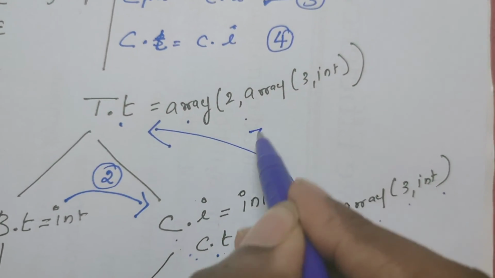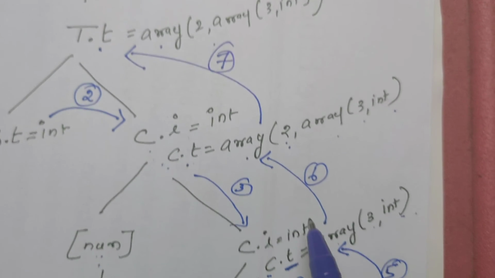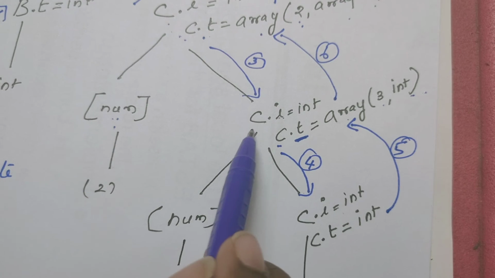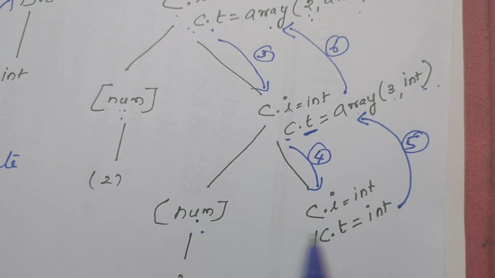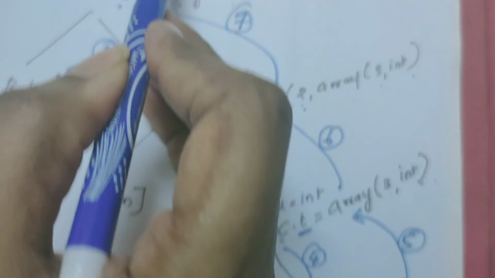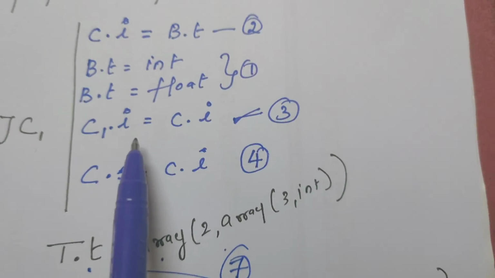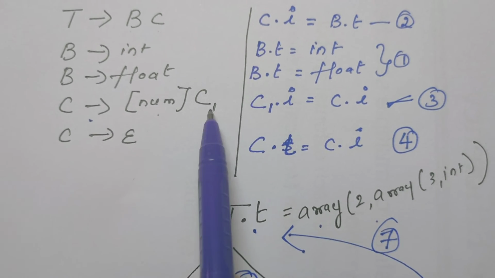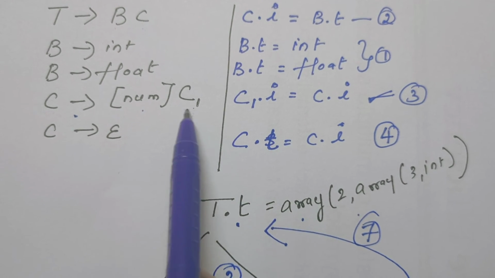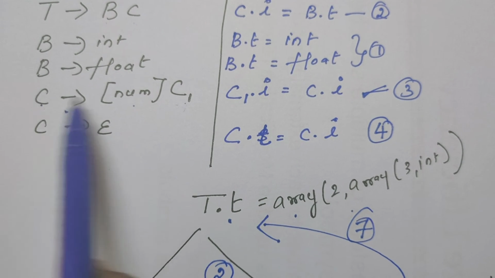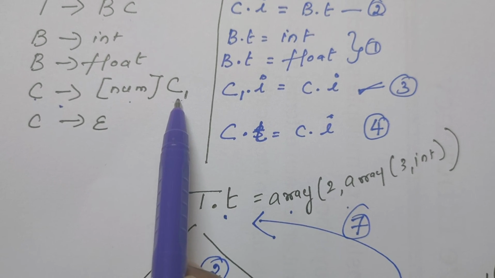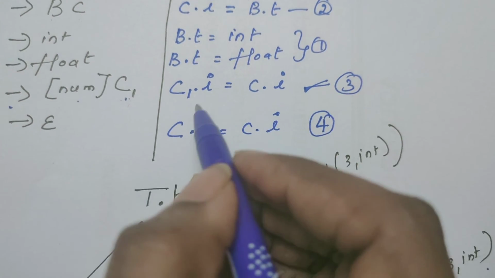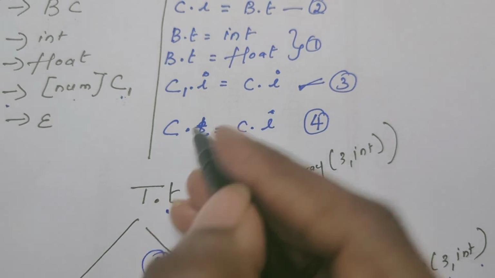Now let us include the semantic rule correspondingly for this. Once C is replaced by epsilon, isn't it? This C is defined with the help of these two child nodes. So we have to include one more rule for this production rule. What is the production rule? C derives number C. Initially we just took only the basic data type here. From here it obtained the basic data type, isn't it? Now it includes one more production rule, which is going to be the fifth step. I will write it down with another pen so that there will be clarity.